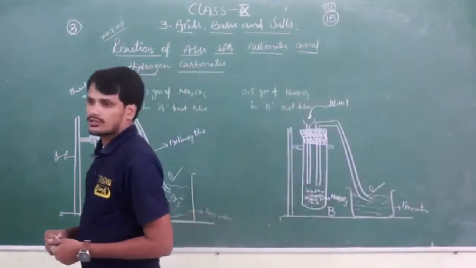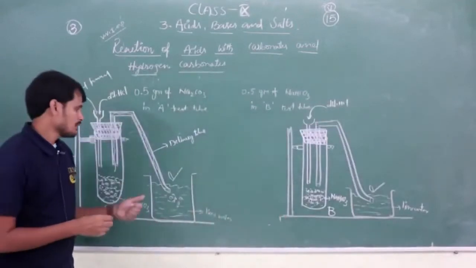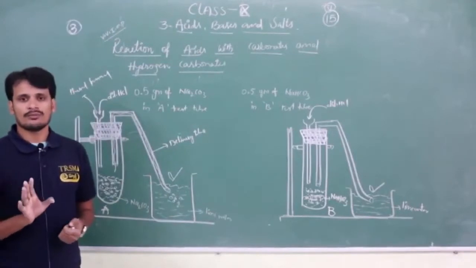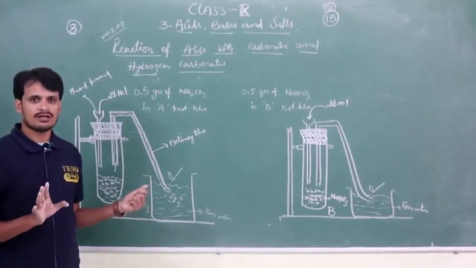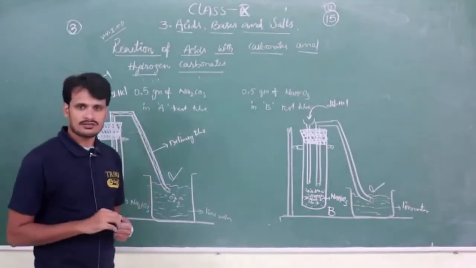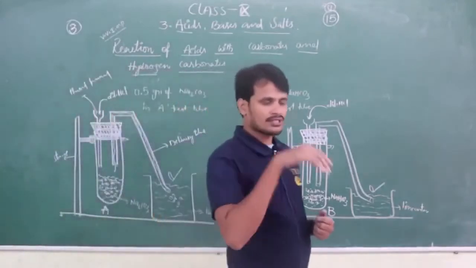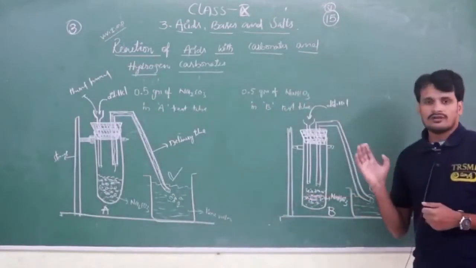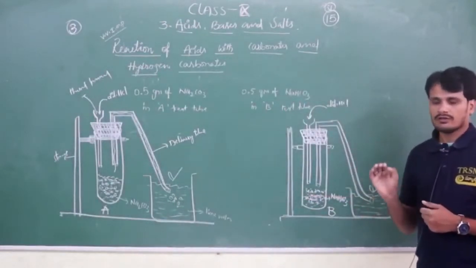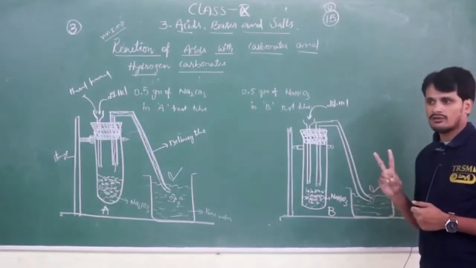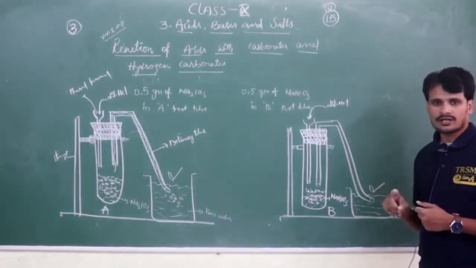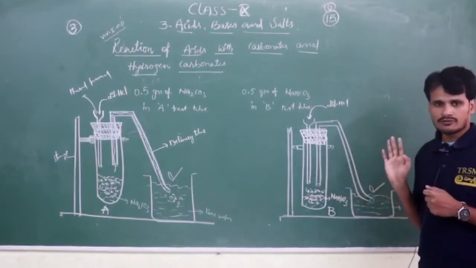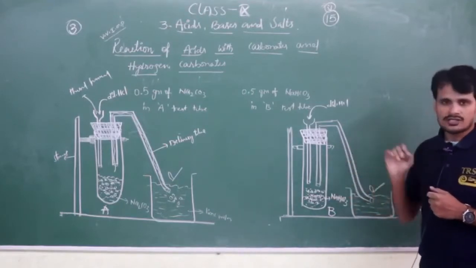Observe what happens to that. Definitely here we will observe the flame goes off without making any pop sound. The sound is not coming here. Why? Because it is not hydrogen gas. Hydrogen gas is not liberating here; some other gas is liberating. That gas also puts off the flame. So maybe we have two conclusions here. Maybe it's carbon dioxide. Definitely it is not hydrogen gas, because there is no pop sound we heard. So hydrogen is eliminated.